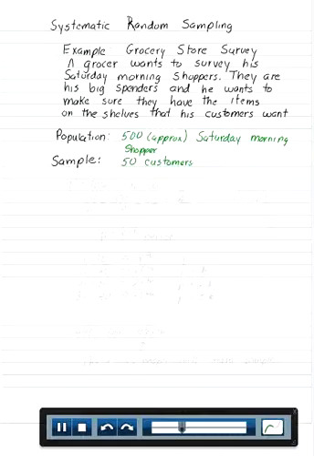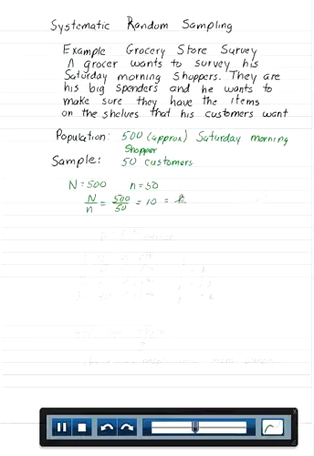So what he's going to do is, according to our formula, once we've determined the population size and the sample size that we want, we're going to calculate the grouping process. The population size, uppercase N, is 500, and the sample size, lowercase n, is 50. If you take N divided by n, you get 500 divided by 50, which tells us we're going to work this out in groups of 10. This is your value of k,